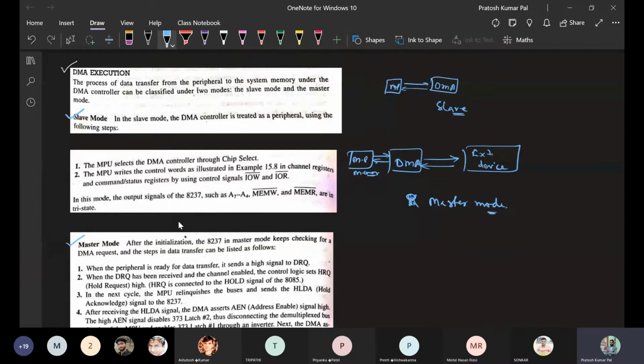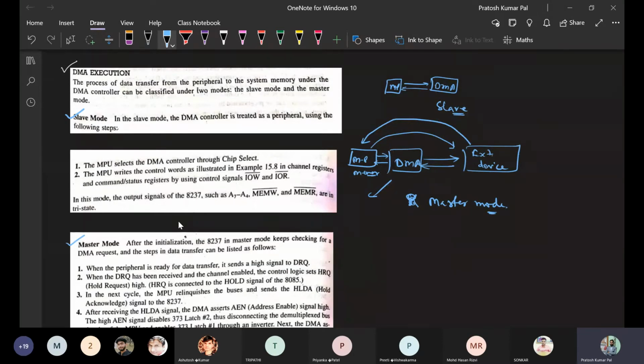Okay, so if the microprocessor is transferring data to DMA, it is considered the slave mode. In the master mode, the DMA controller controls the data lines, bus lines, and address lines of the microprocessor also.